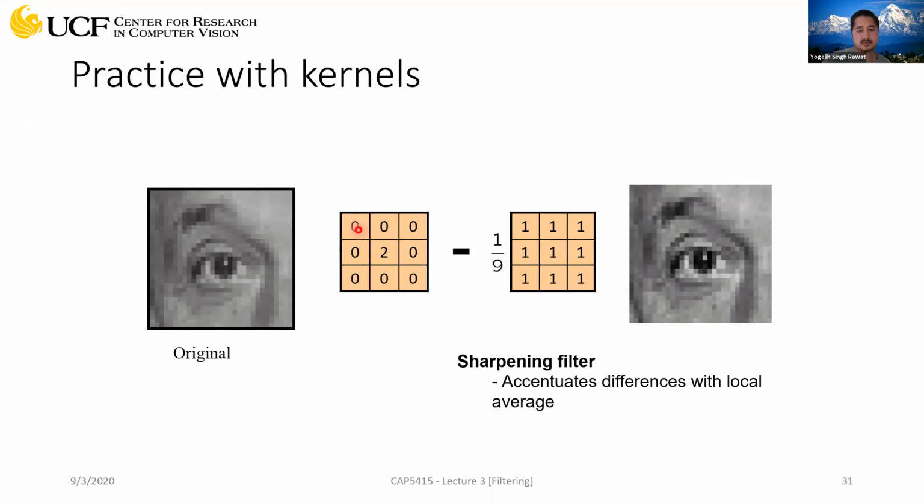So this value will become 0, and then this is -1/9. So we'll get a -1/9 here. Similarly, you can get values for other locations. So it's simple matrix subtraction, and that will give you one matrix of shape 3x3, and then you can use that matrix for filtering this image. So does that answer your question?